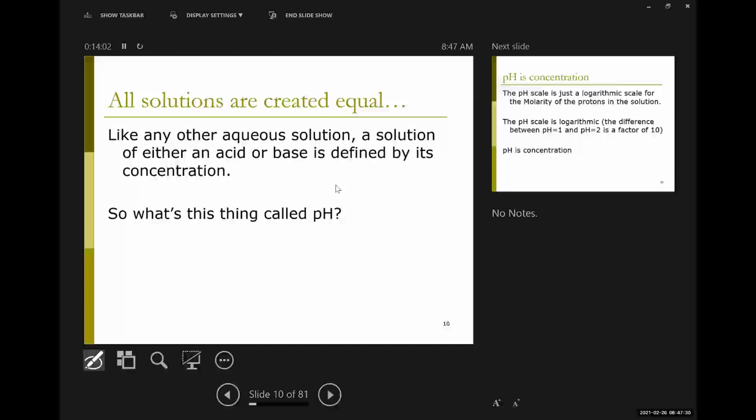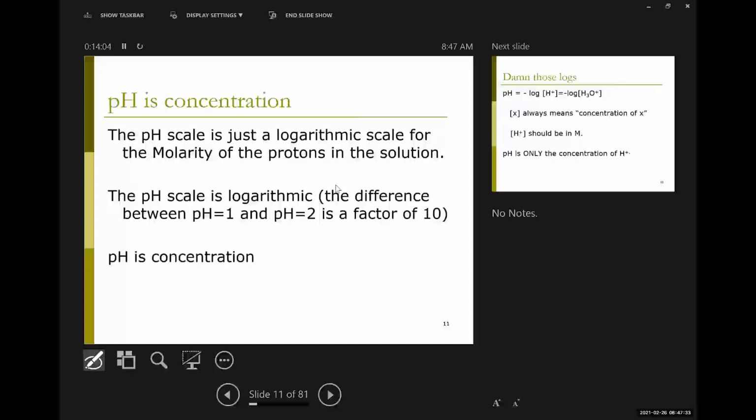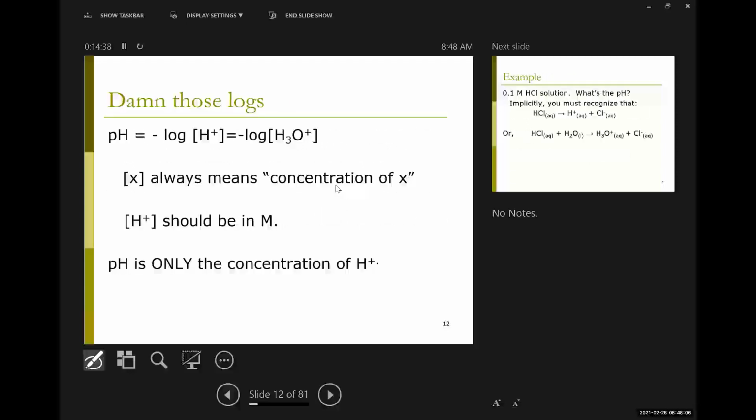Please note, pH also is narrowly defined, right? pH is really molarity. First of all, it's a log scale for molarity, but more importantly, it is only the molarity of the donated protons in a water solution. It is not the concentration of the acid. It is not the concentration of the base. It is very narrowly defined as the concentration of the donated protons,